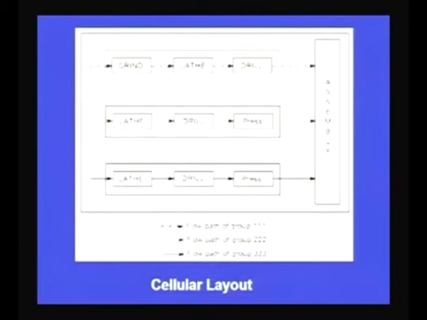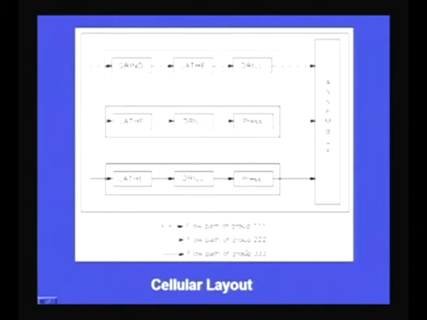Now, on your screen you can see a cellular type of layout. So, here we see this particular region in green can be for one type of product, like the flow path of group 111. So, one part family or one group has been coded as 111. So, group 111 would enter here, it would be going through the grinding section, lathe, and finally the drilling section, and then it would go for the assembly.